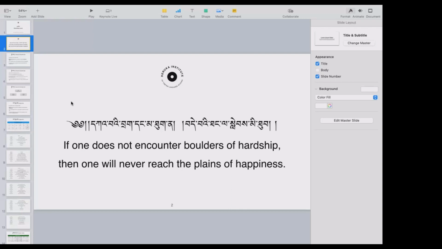And by overcoming these hardships, these situations, circumstances in life, and then equipping oneself with the ability to overcome this, after overcoming this, then one is capable of providing oneself with a happy life. So if one does not encounter